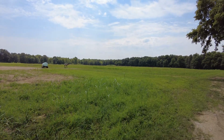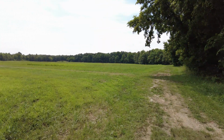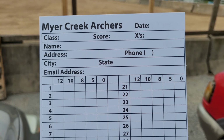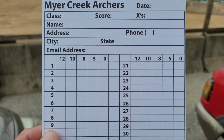Looks like we got Bigfoot down there too, and 40 are in the woods. And it's $25 for this monthly shoot. This is my first one for the Myers Creek. I did the R100, but this is the first one for this. I do like having just put X's down instead of